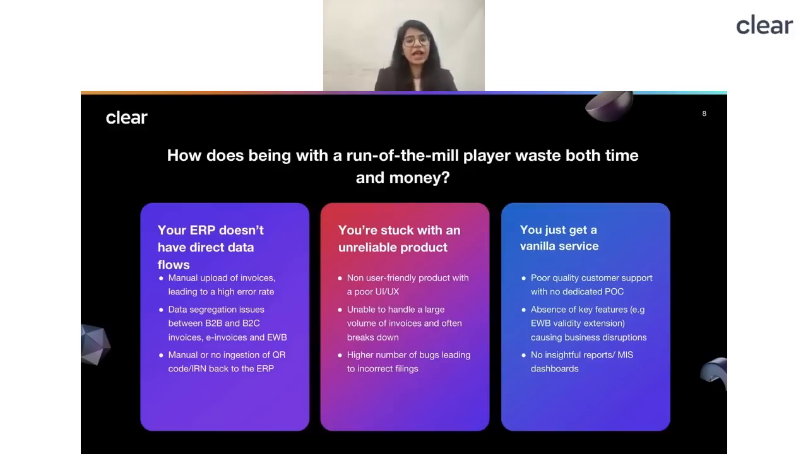So here, Clear has come up with a solution where we can directly fetch this information from your ERP, so you don't have to do anything manually. On a single click, we directly fetch all the information from your ERP. And because we know that this is required only for B2B and export documents, not for B2C and the like,